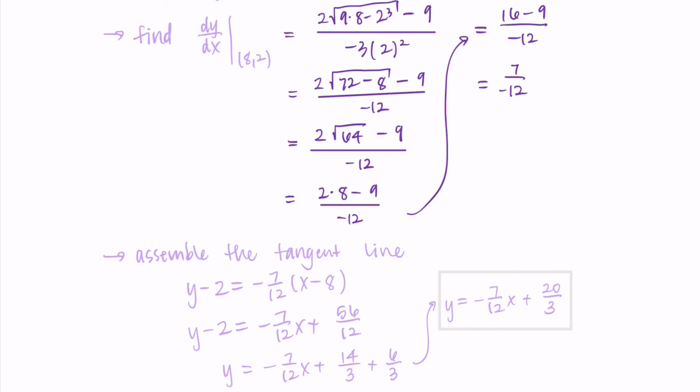And really, I think what you should take away is just the main steps. We take the derivative of both sides with respect to x. We solve for dy/dx. We substitute in the point for x and y. And then we put together the tangent line with the point we were given and the slope we just found. So those are the main steps you're going to apply anytime you need a tangent line of something that is implicitly defined.